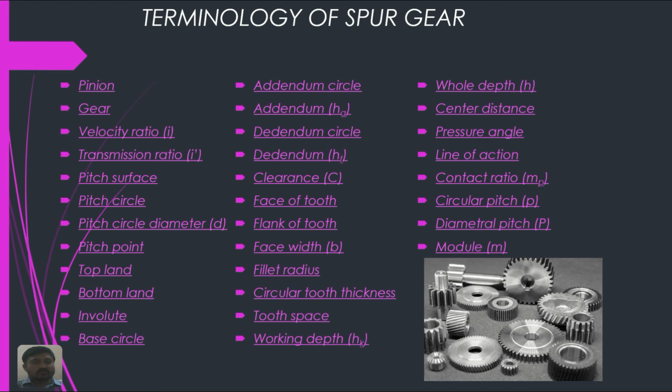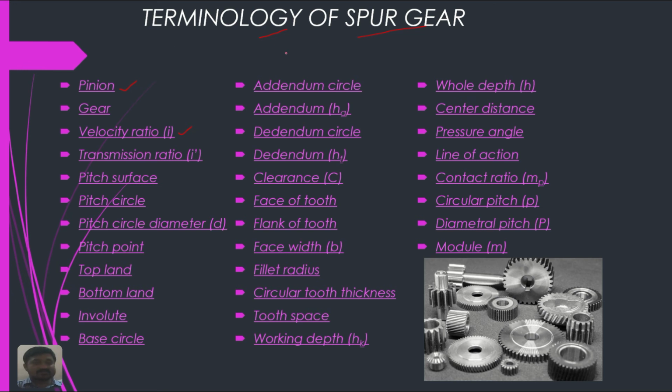Now we come to the important part of spur gear explanation and design. This is called the terminology of spur gear, the different factors that control the design as well as the performance of a spur gear. We have many physical as well as computational factors and quantities that contribute to the terminology of spur gears. The pinion is a physical part, whereas the velocity ratio is a calculation part with no physical part. All combined together form the terminology.